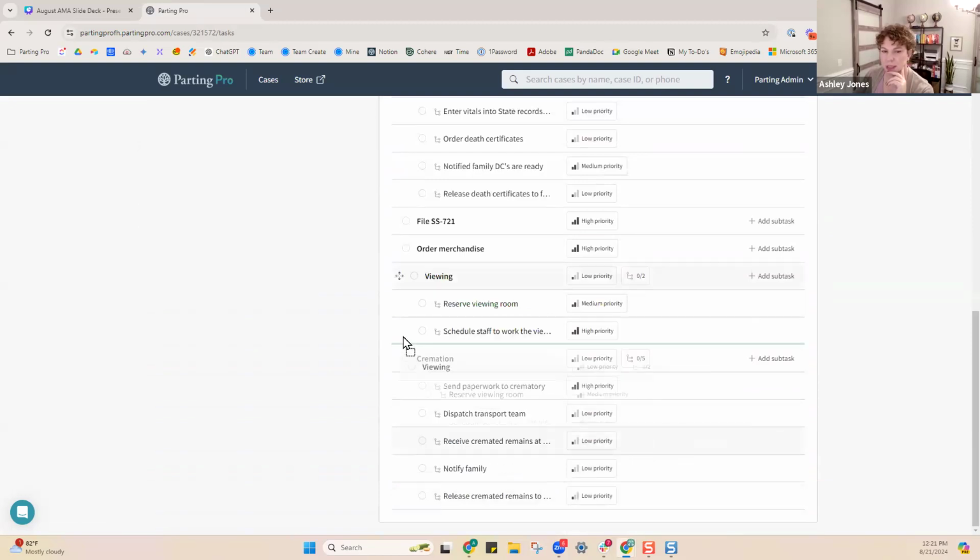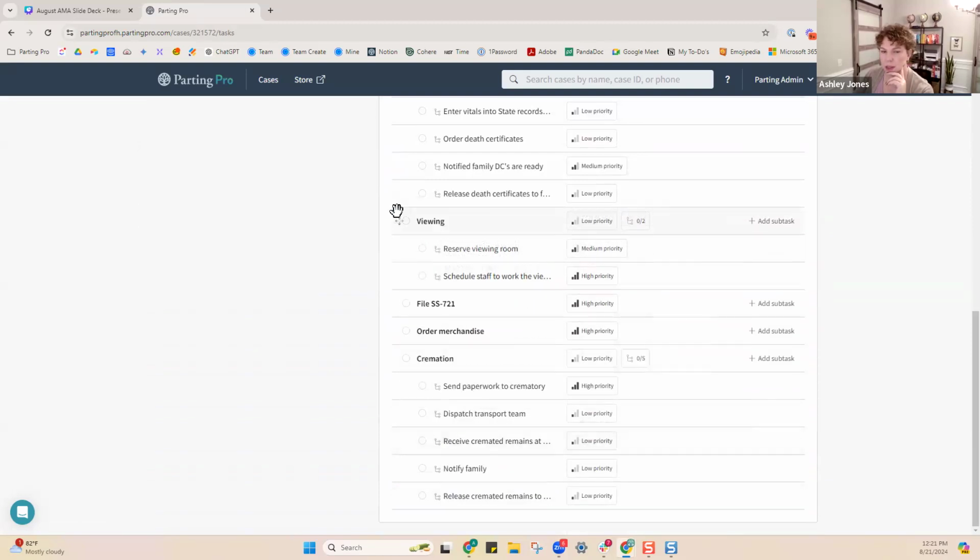You still have the ability to drag and drop things. So if you wanted to move things up here, you can. You still have the ability after applying a template to add tasks and remove things. So for this certain family,